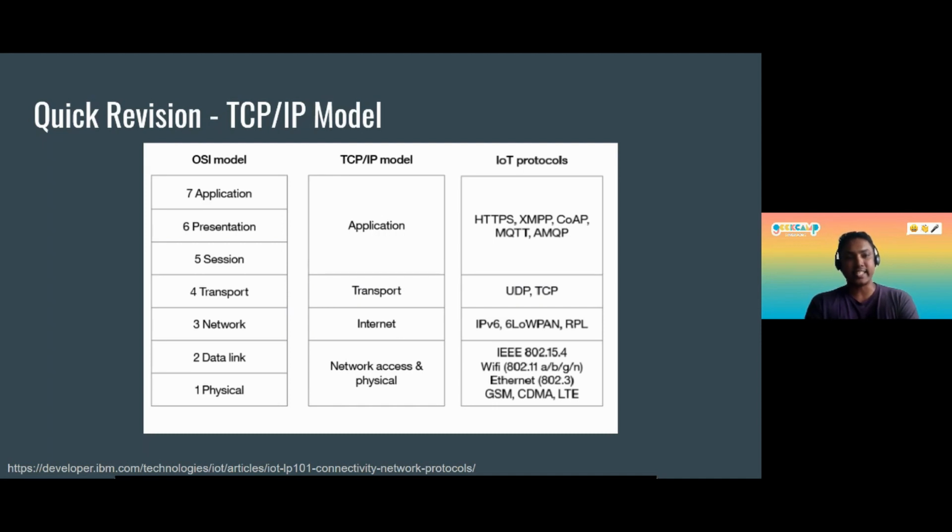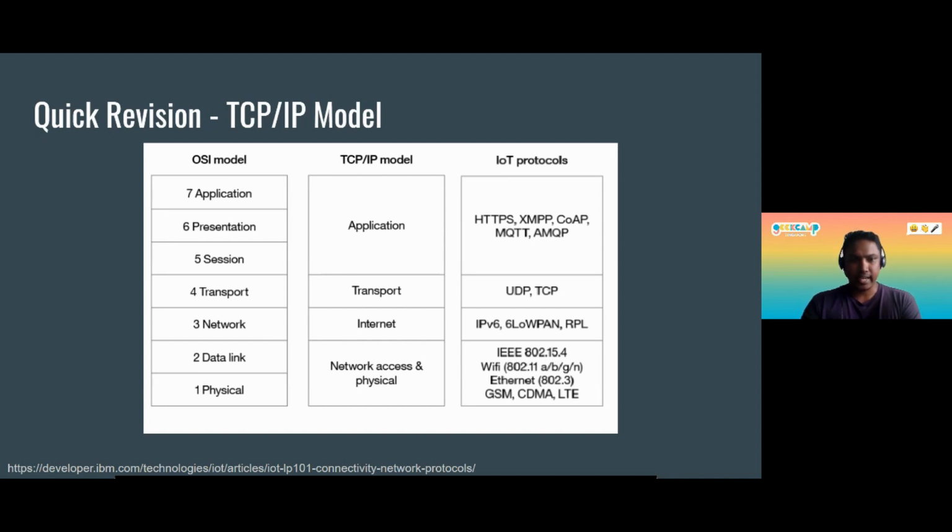And we have the internet layer, which is kind of replacing the network layer of the OSI model, where IPv6 related technologies come into place. And we have the exact same transport layer, where we have UDP and TCP. The application, presentation, and session layers are accumulated, and they are known as the application layer in the TCP/IP model, where MQTT and all the protocols to communicate are there.